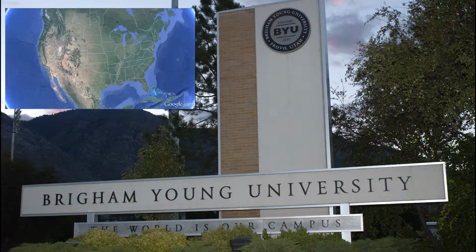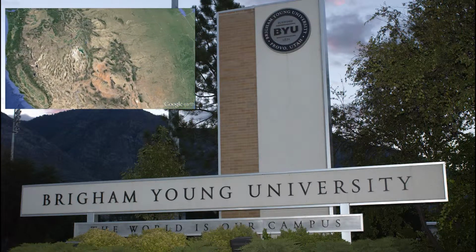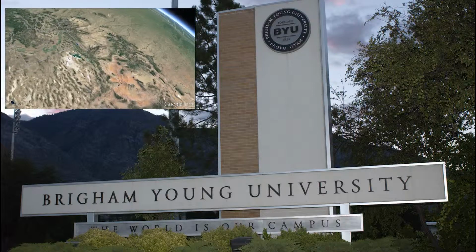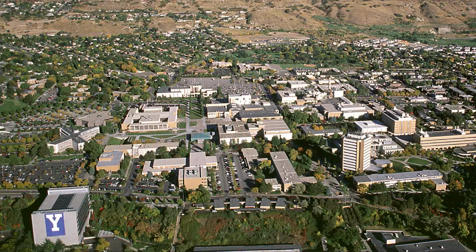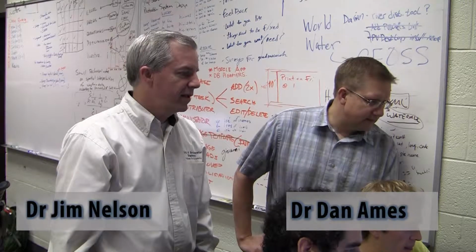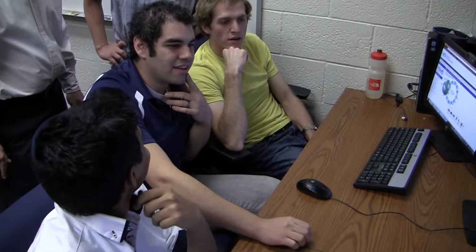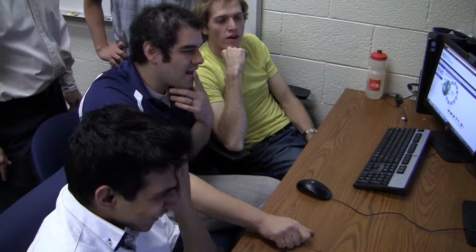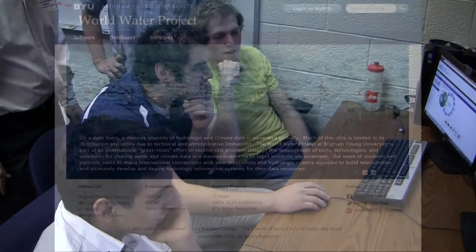A research team at Brigham Young University in Provo, Utah, is working to bring these standards and technologies to water management agencies in Latin America in an effort to remove the barriers to data sharing. This team is led by Dr. Jim Nelson and Dr. Dan Ames and students in the Department of Civil and Environmental Engineering that formed the BYU World Water project. The vision of the project is to help overcome cost and technology barriers in order to facilitate